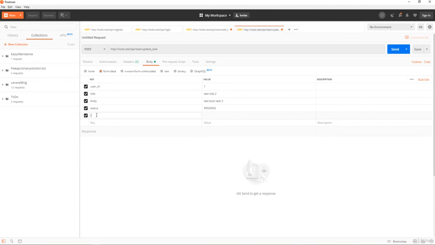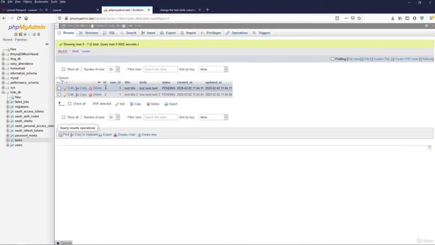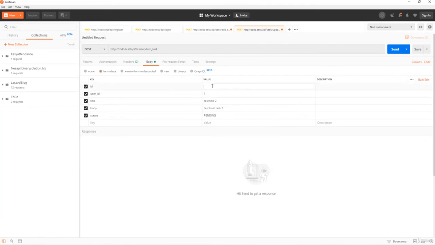In the body we need to add one more, which is the ID. Let's just drag it to the top over here. For the ID we have to pass the ID of the task. The task ID is 1, which we need to update. So let's add a task ID of 1, and I will set the title as test title 1, and the body as test body 1, and it should be a post. And if you send this one,